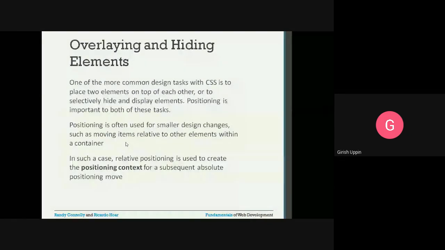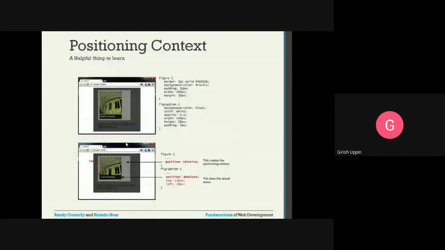Position is often used for smaller design changes, such as moving items relative to other elements within the container. In such cases, relative positioning is used to create the positioning context for a subsequent absolute positioning move. We will see it with the example, then it is very clear.